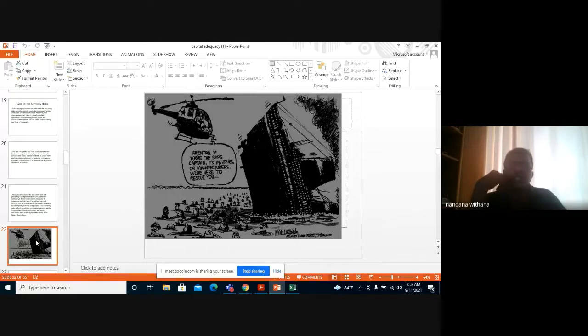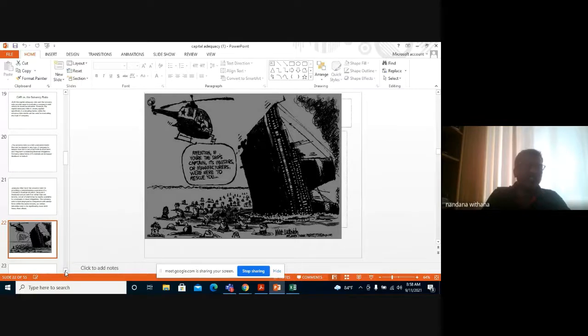On this, a cartoonist drew this. A ship is capsized and the rescuer's helicopter announces, "Attention, if you are the ship's captain, its investor or manufacturer, we are here to rescue you." It means that when the government bails out, people felt the depositors are not cared for, but the investor, the captain. Okay? So that should not be the case. First, you have to rescue the general public. That's where capital adequacy matters.